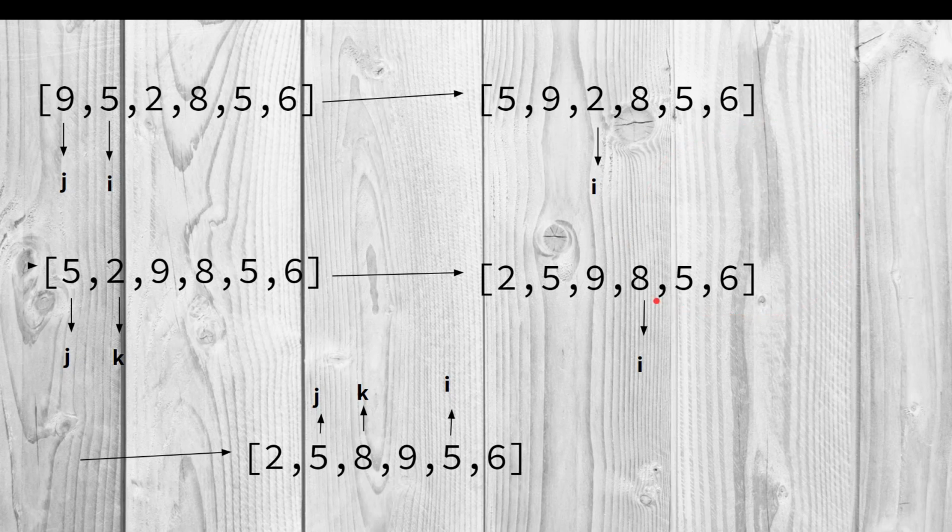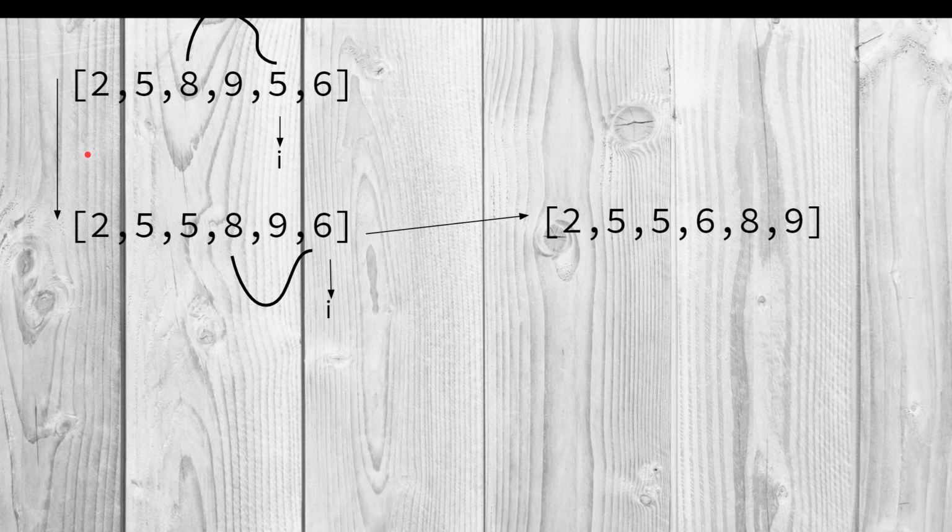Now we'll again check with i that 8 is less than its previous value, that is 9, so we'll swap them and point k to 8 and j to 5. Now we can see here, guys, that a of k, that is 8, is not less than a of j, that is 5. So we'll just break our iteration, because we have no need to check further. Now our i will point to 5 after incrementing it by 1.